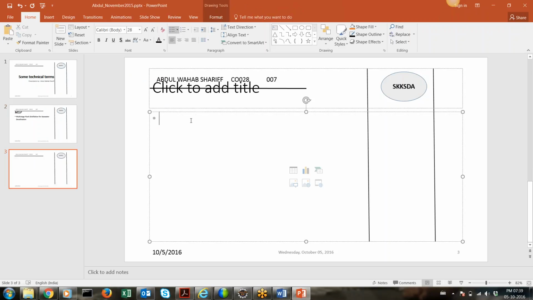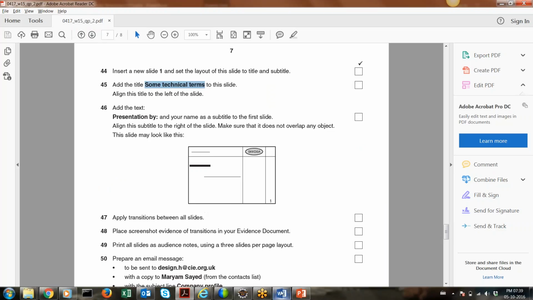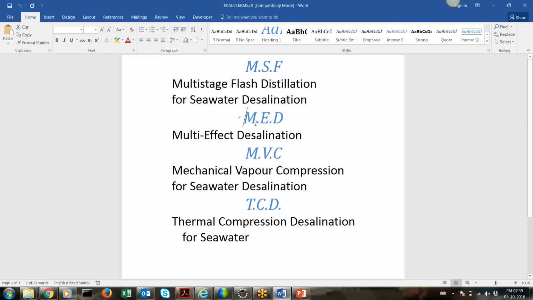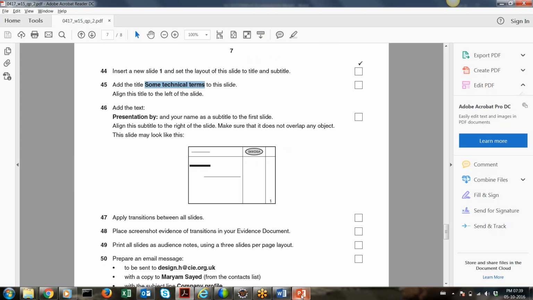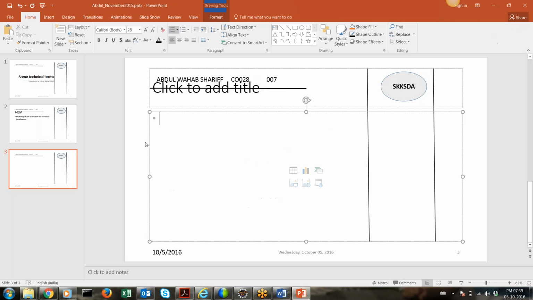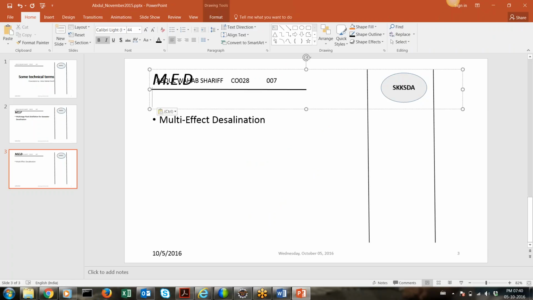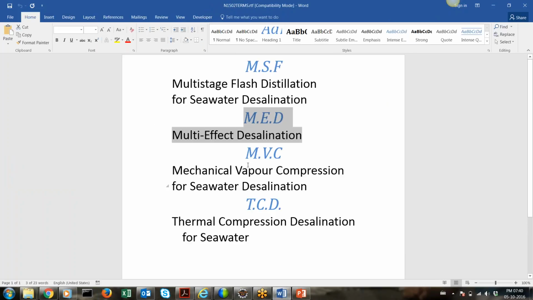And here add the next text, that is here. Okay, so I will copy this, Control C, and Control V, and I will cut this text since this is the definition, and I will click here, hit Control V, and move this down. Don't worry, this will not move because this is from the master slide. Okay, so now next is this,